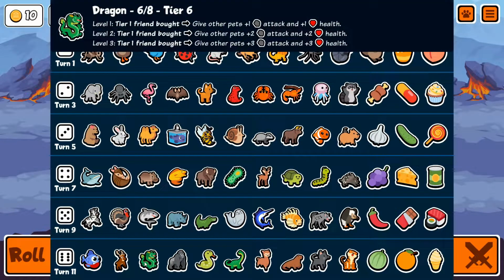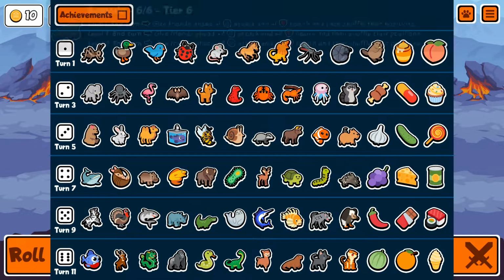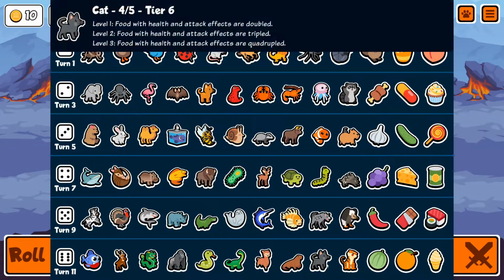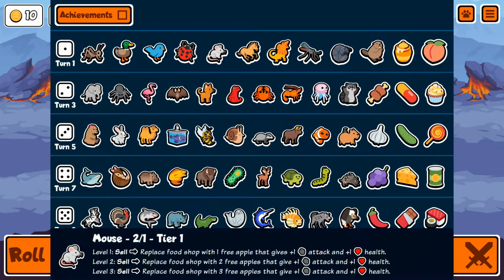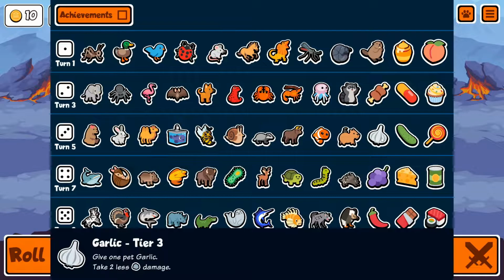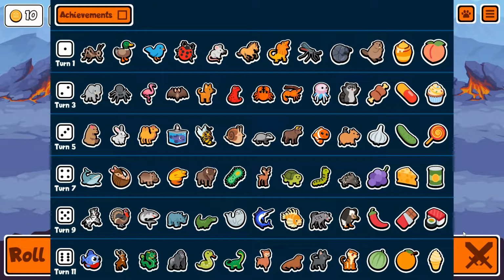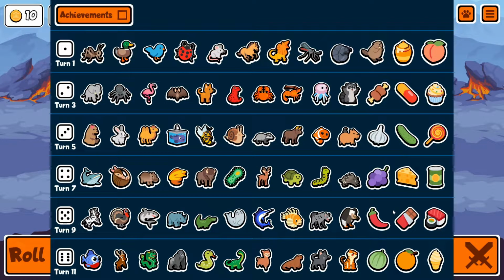And then you could do some dragon stuff for buffs if you need that, or Komodo, depending on your comps. I think I would recommend Sauropod over Cat, but Cat obviously in a week of food is not bad either. Remember, this week, Peaches as well as Mouse is your best early game food, adding Cupcake and garlic to that. And then when you make it to the late game, you want chocolate, you want sushis, you want oranges, and you want soft ice if you're going to be doing that. Obviously, this is not the only play, but this is one of the best